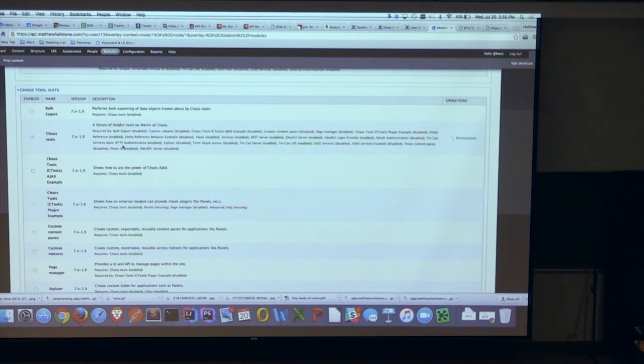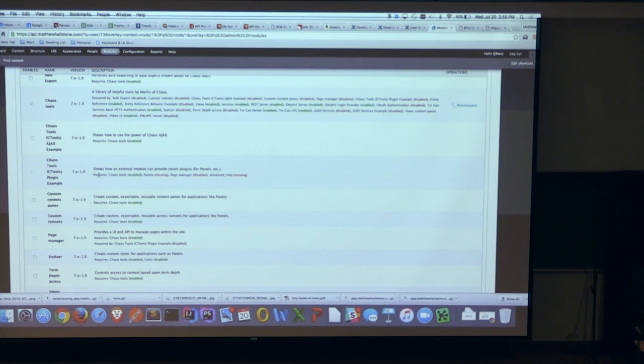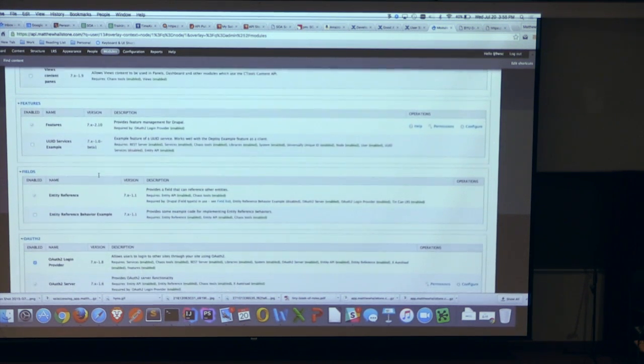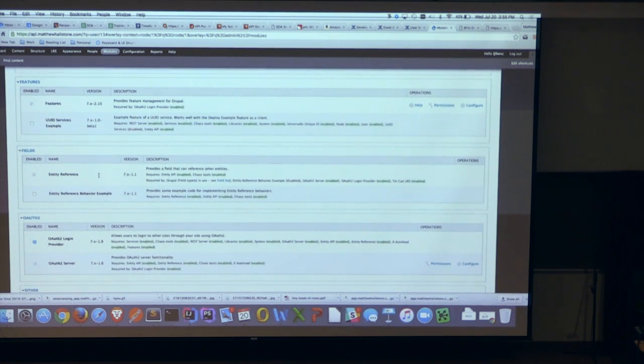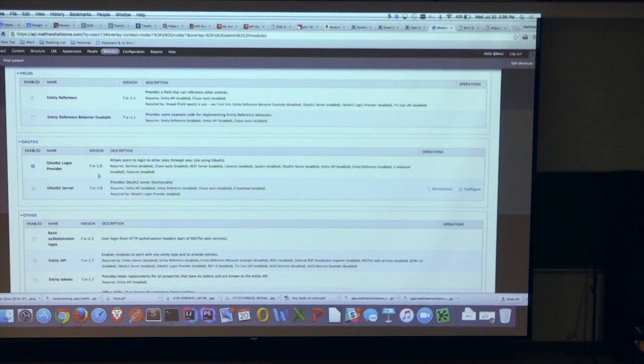CTools is used by a lot of things, and I think other presentations have talked about CTools a little bit. Entity references and defining entities and custom entity types was really big. If I want to use RDF and JSON-LD to give semantic meaning to my personal API data, I need entity references.